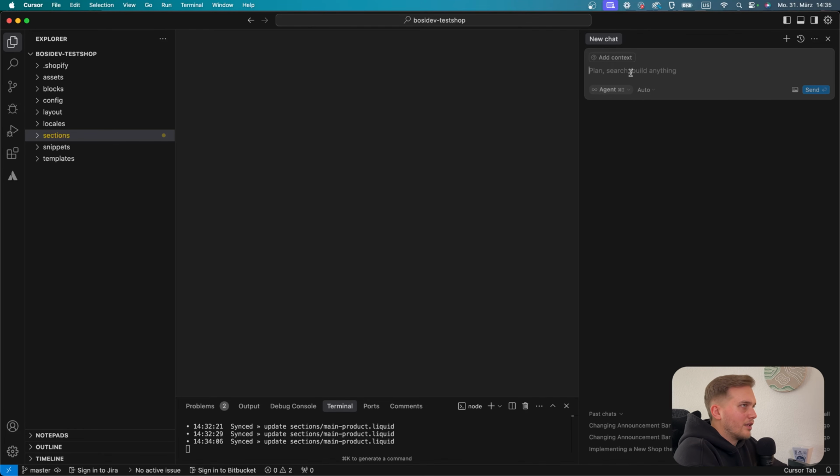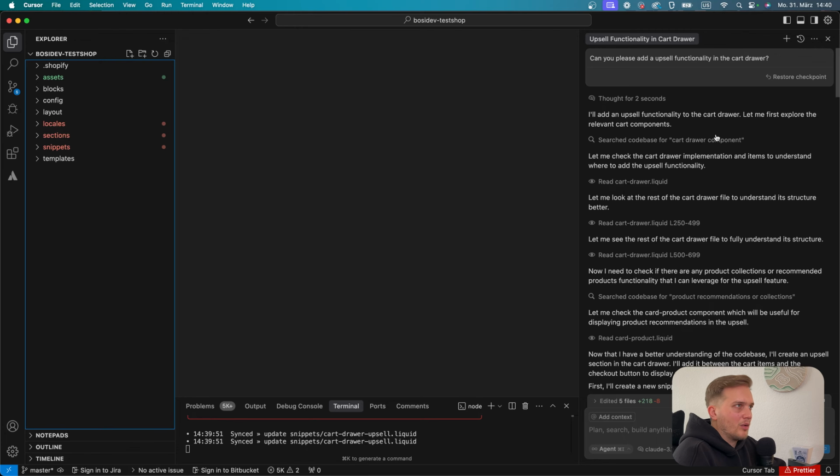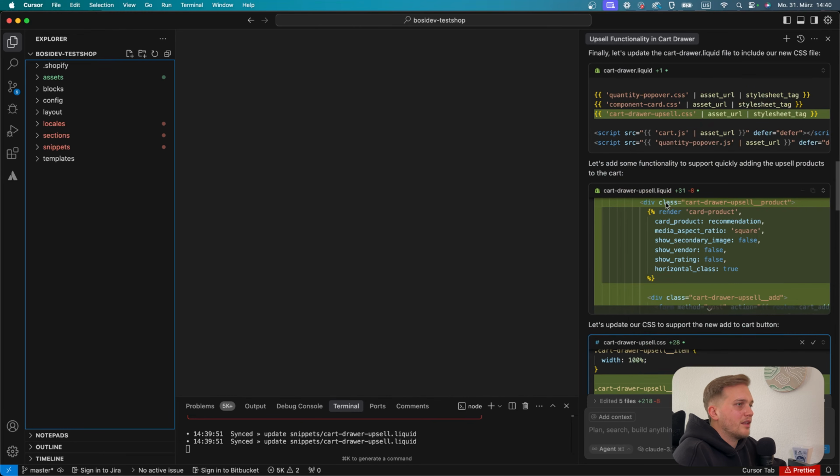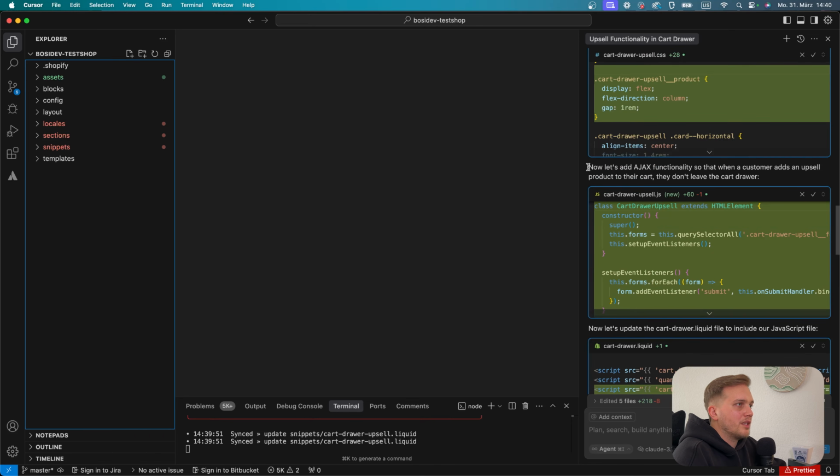First of all, we can advise the agent to build this. So really basic. Can you please add a upsell functionality in the cart drawer? He is done now. And the crazy thing is you can watch every step that he's doing. So this took around about 5 minutes for the AI to fully complete. The first run through, it's thinking, it's doing, it's explaining, it's iterating,